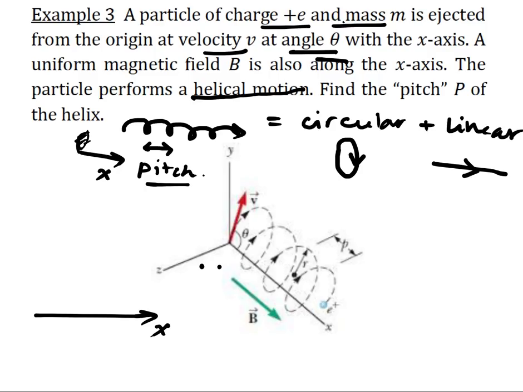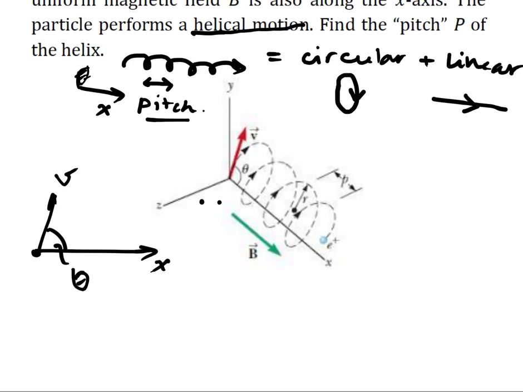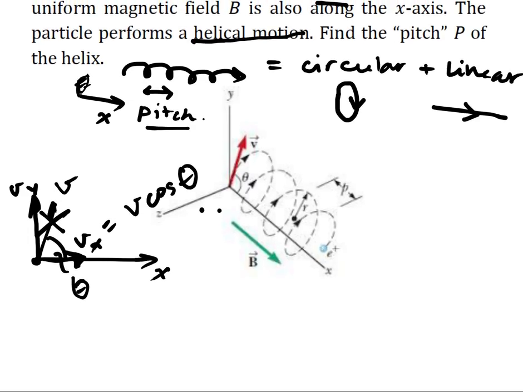and then let's consider the velocity v. So the equation says that velocity v is making an angle theta with the x-axis. Okay, so here's what I have. So if I get the x component and the y component of this velocity, I can say that the vx, or the x component of the velocity, is v times by the cosine theta. Okay, and then